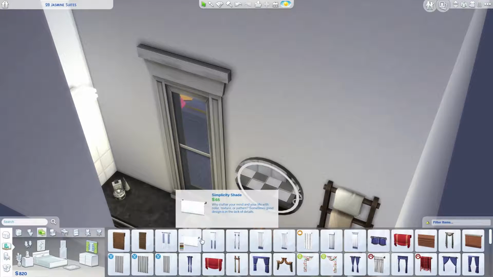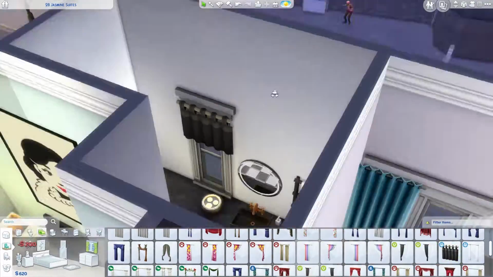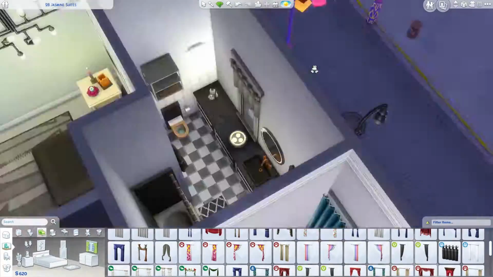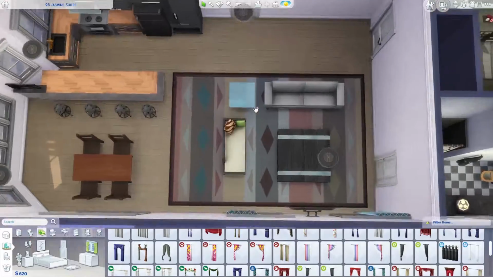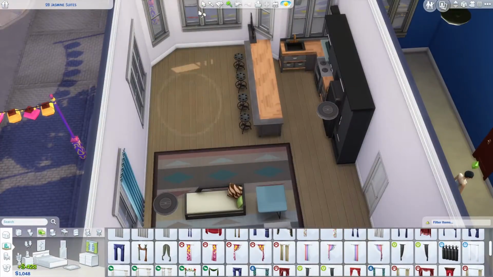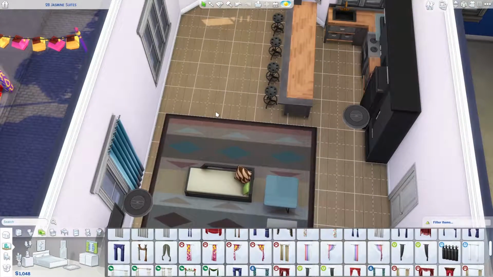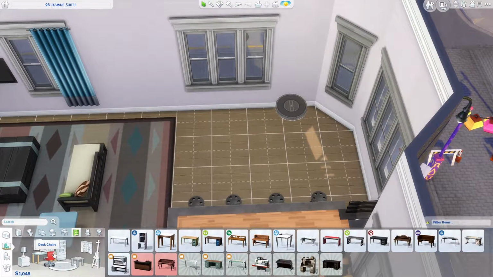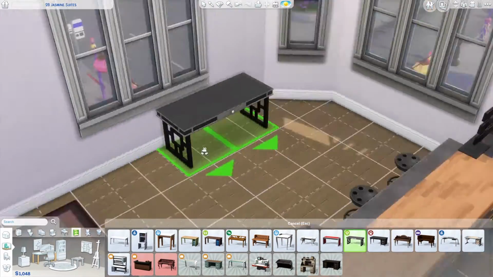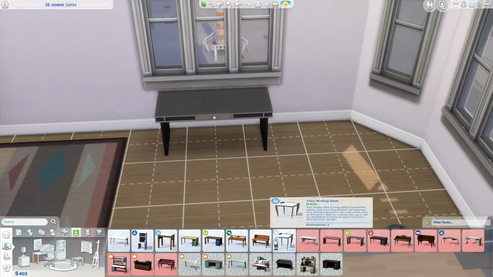That is probably one of my favorite lights. It looks so nice. And here I'm adding a little curtain to the bathroom window and switching up the bathroom lights as well. So once the lighting is changed up in the bedroom and bathroom, now I'm moving back into the main space and giving that area its final little details, because I did want to turn this other half of